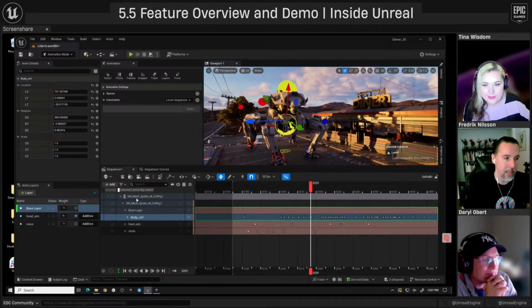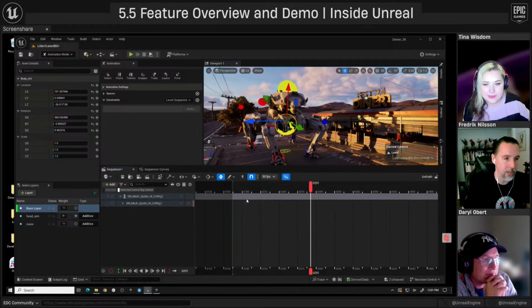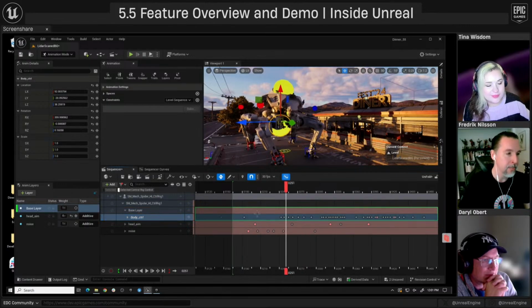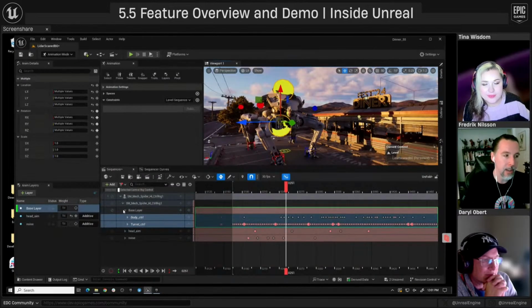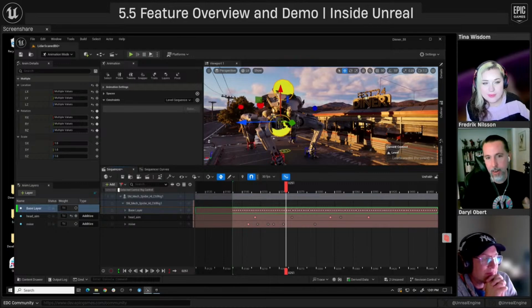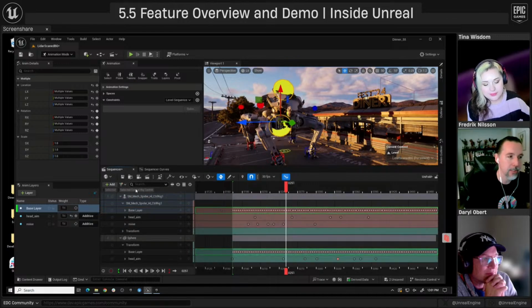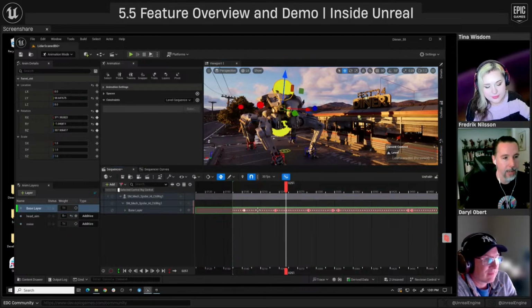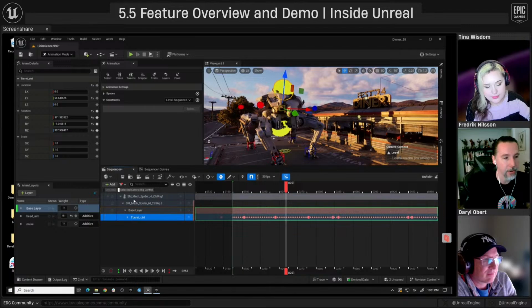So what that means now is if you've collapsed this down and you're looking at your data, because I have layers here, these are the keyframes only on the object you've selected. If I multi-select, you'll see both of them show up there. So if this thing had been collapsed here, this is a combination of keyframes on both of these selected objects. This is much more like Maya or other timelines. They usually work on what you have selected. So you can get into that mode. That's why I like this mode sometimes, where I only want to see the keyframes on what I'm working on. So I'll do that, and now I see these are the keyframes only on the turret.